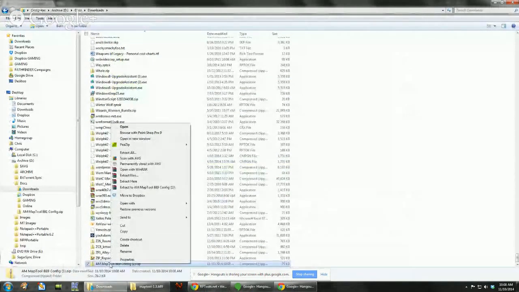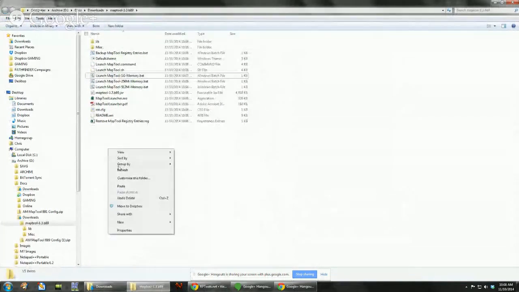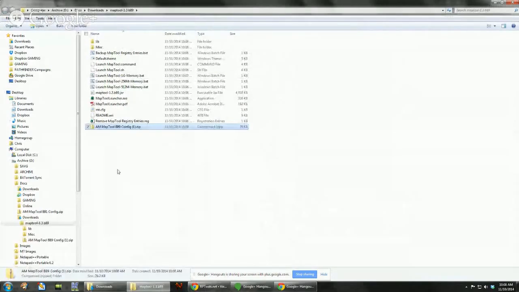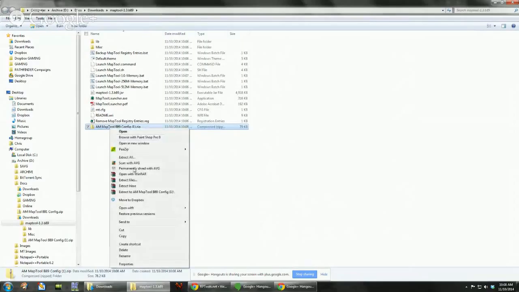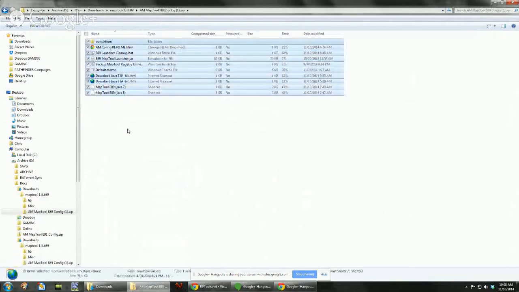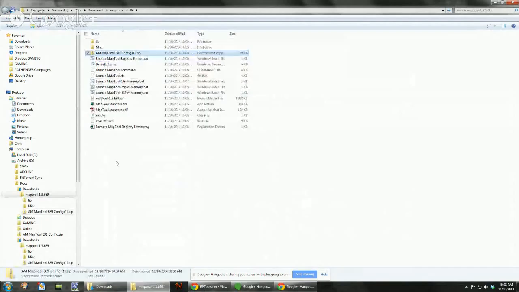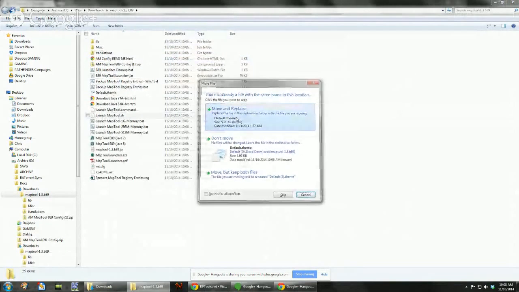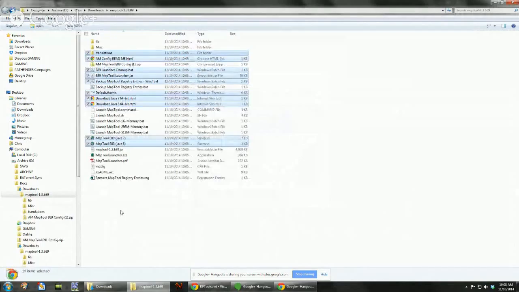And what we're going to do is show it in the folder, and then move it over to the MapTool directory. So copy, cut. Okay, so we're going to extract these files. There's a couple ways you can do it. I can do the extract all here, or I can just open it up and cut these and just paste them here. Missing any files that need to be done. Okay, and